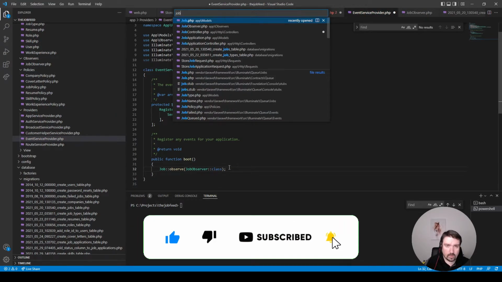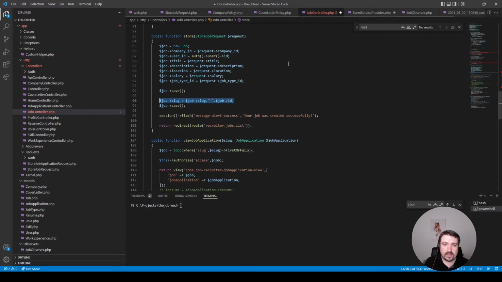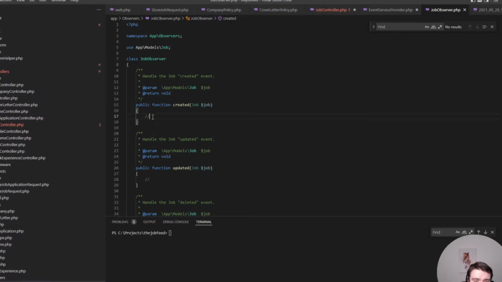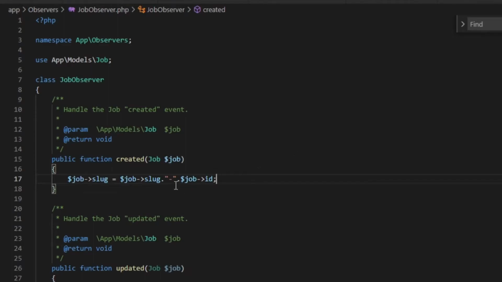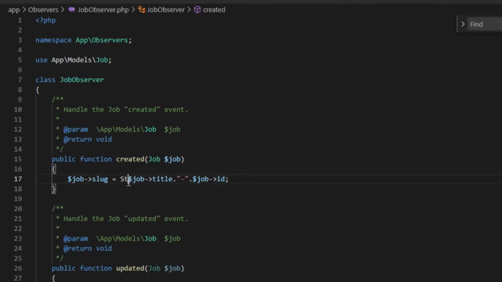Now in our observer class, we're looking for the method created, which is this first one. This will be invoked every single time a job gets created. Now what we can do is take this line of code where you set the slug, and paste it into our observer. Instead of the slug, because the slug doesn't exist, we're going to use the title, wrap it in the string helper, and call the slug method on it. And we just need to make sure we import it. We can say use